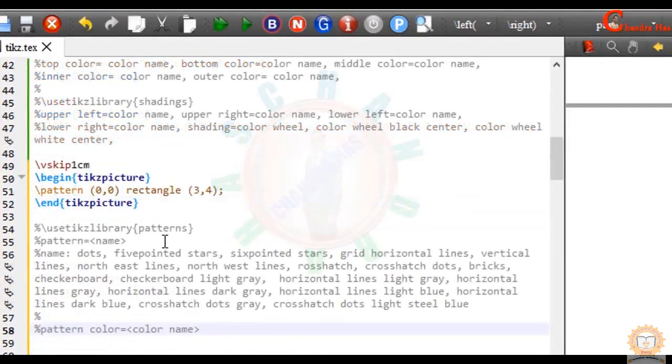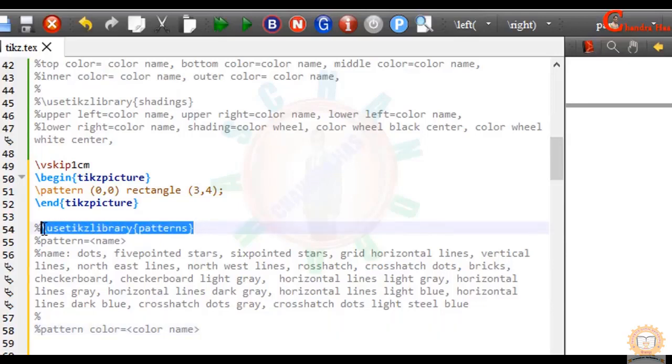So for using pattern path command, we'll have to first use pattern text library in the Trimble. And then you can use these options. You'll have to write pattern and then name in a square bracket. For example, you can write dots, 5 pointed stars, 6 pointed stars, grid, horizontal lines, and so on.